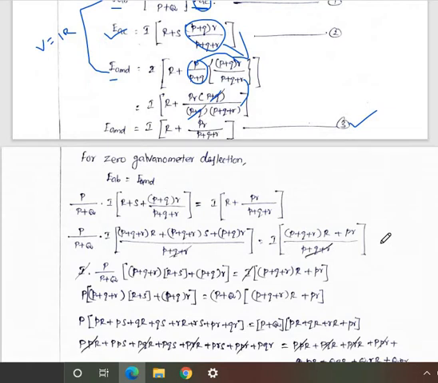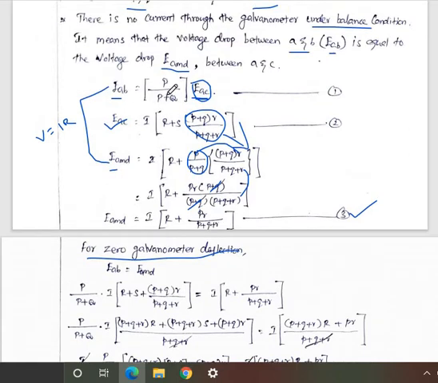That's all. We have to find the voltage across E_AB and E_AMD, and you can equate them, because the circuit is balanced, and solve the equation to find the value of the unknown resistance. So for zero galvanometer deflection, E_AB is equivalent to E_AMD. Here E_AB is equivalent to P by P plus Q into E_AC. E_AC we already have: I into R plus S plus small p plus small q into small r divided by small p plus small q plus r, equal to E_AMD. So we have to find the value of E_AMD.